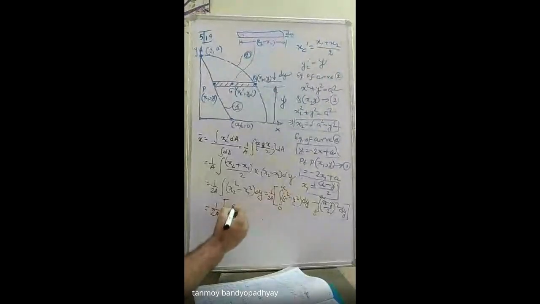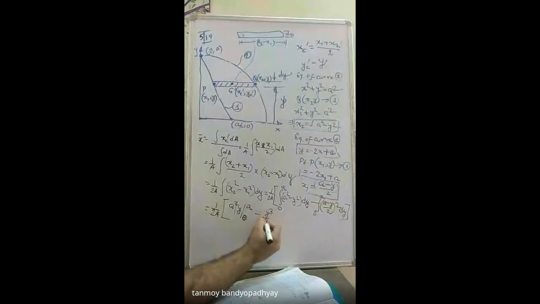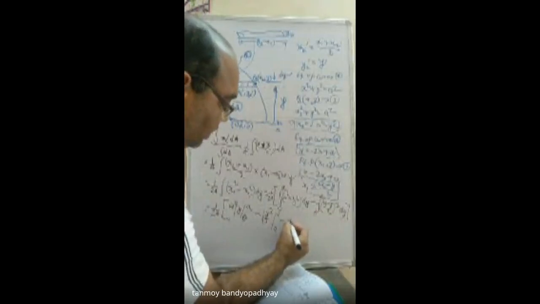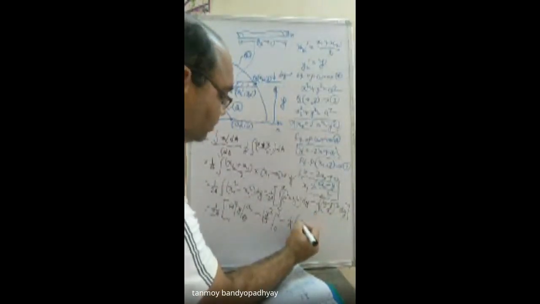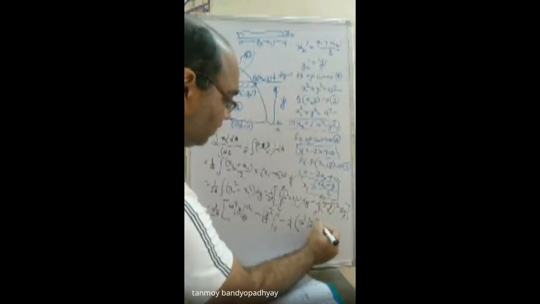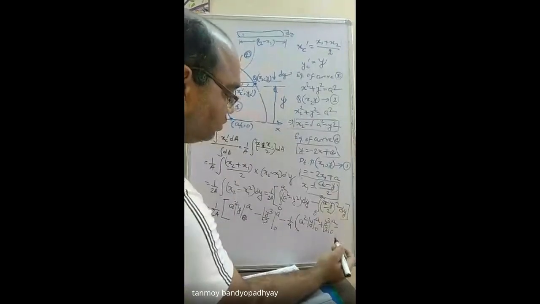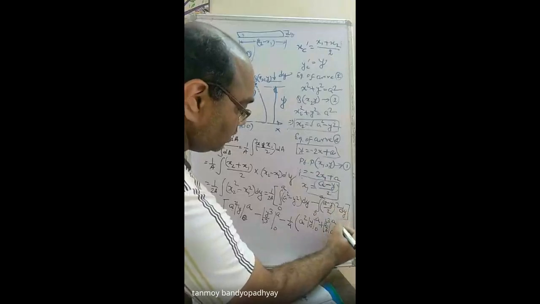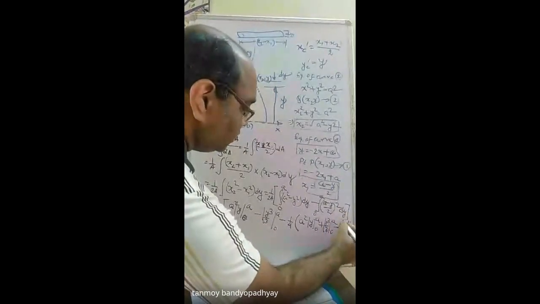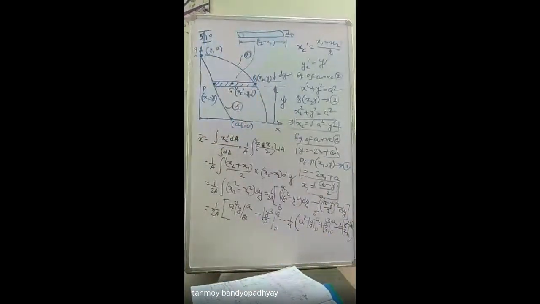Okay, let's do this integration. So it is 1 by 2a. It is a square dy, so a square into dy is a square y, from 0 to a, minus y square dy, which is y cube by 3 from 0 to a, minus, taking outside, 1 by 4, and inside you have a square dy, so a square into y from 0 to a, plus y square dy, which is y cube by 3 from 0 to a, and minus 2a into y dy, which is y square by 2 from 0 to a. Now simplify this and see what value of x bar you are getting.